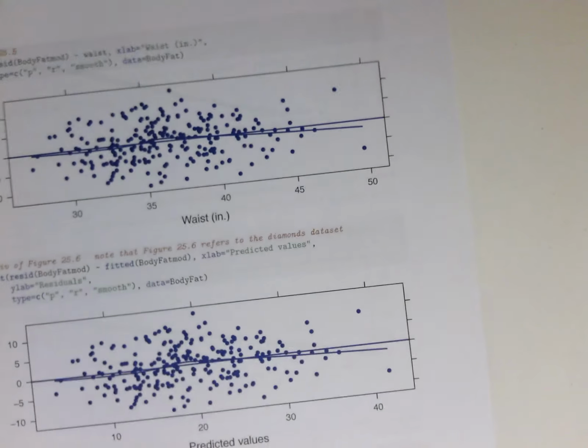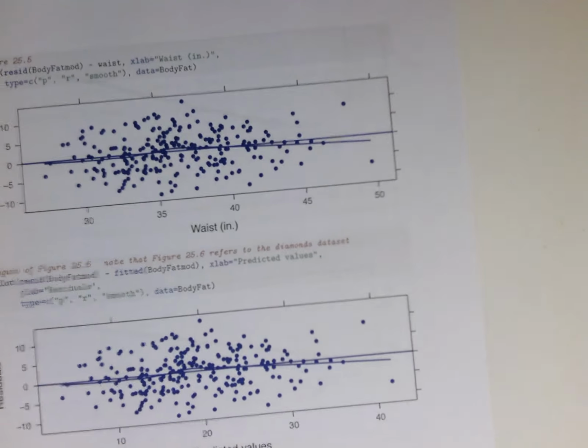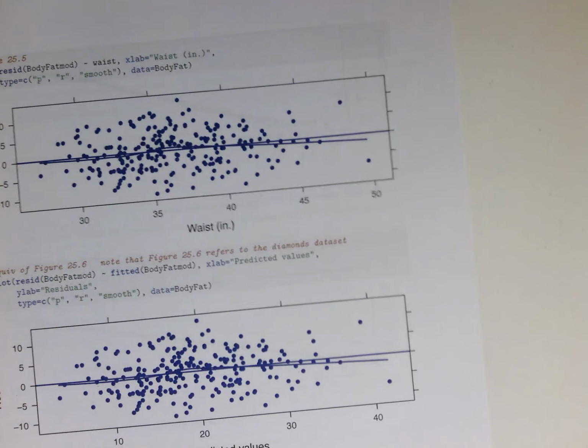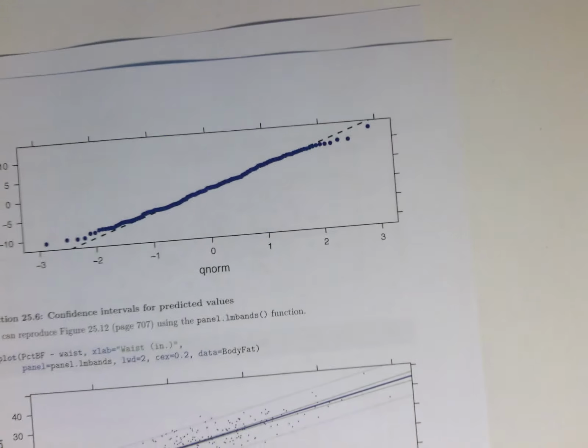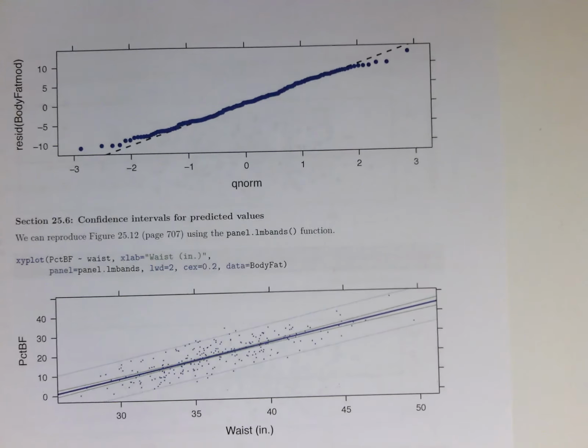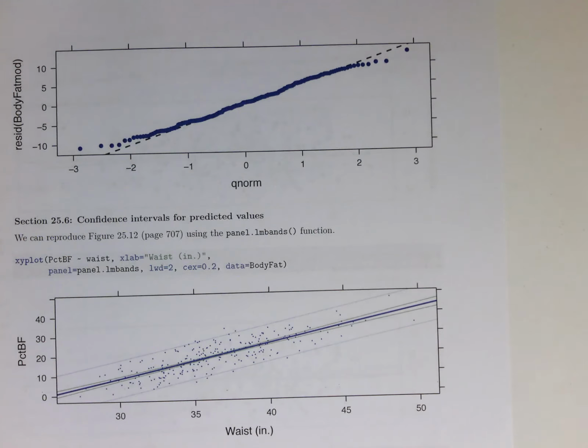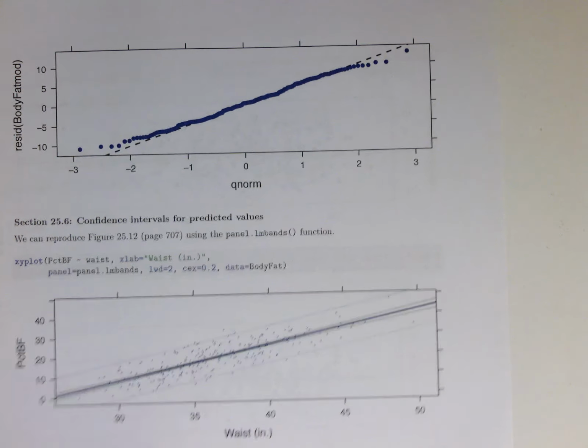We can generate predicted plots from that, and we can see that the linearity assumption seems reasonable. We can go ahead and look at the residuals versus predicted values, and also a QQ plot of the residuals. We can use the panel.lmbands function to generate both individual and mean predictions, and then go ahead and replicate the analyses from